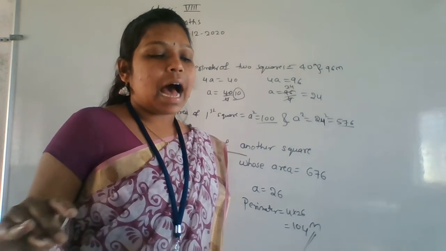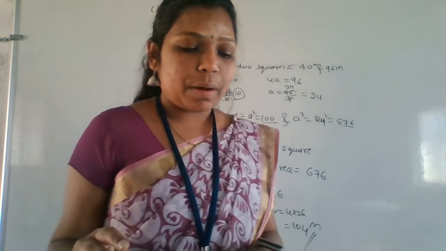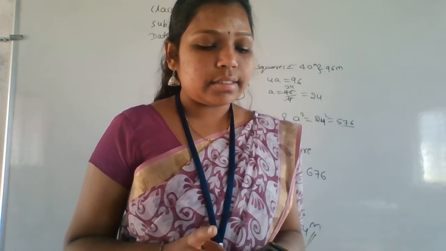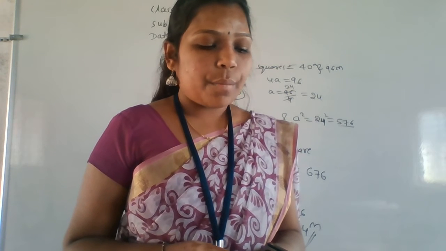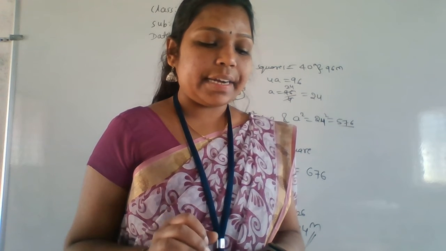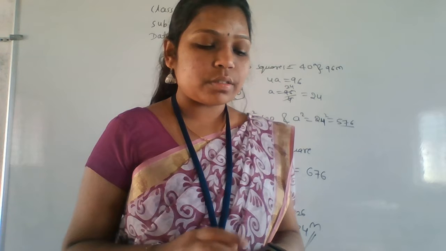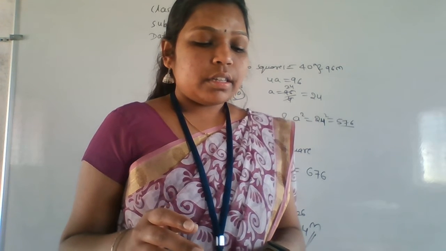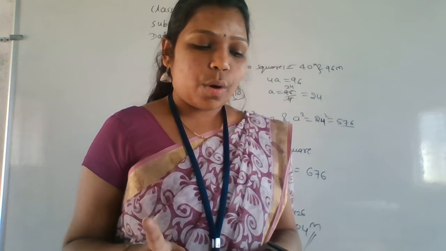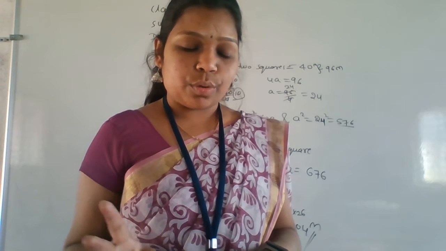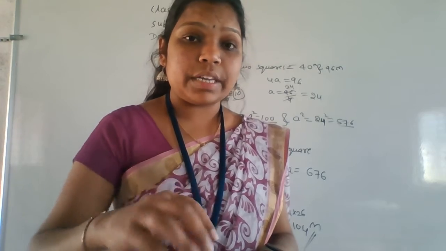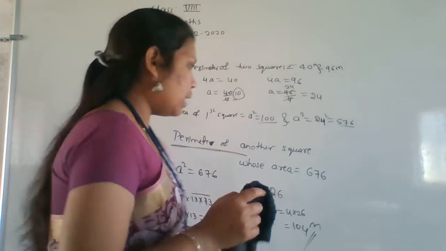That is the seventh one. After arranging 790 mango plants to form a square, a gardener has 6 plants left over. How many plants were there in each row? Again, find the square root of 790. We will come to know how many were left over here. Okay. So do that one.